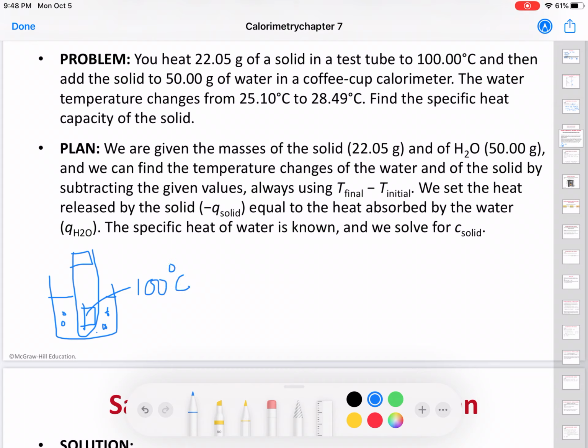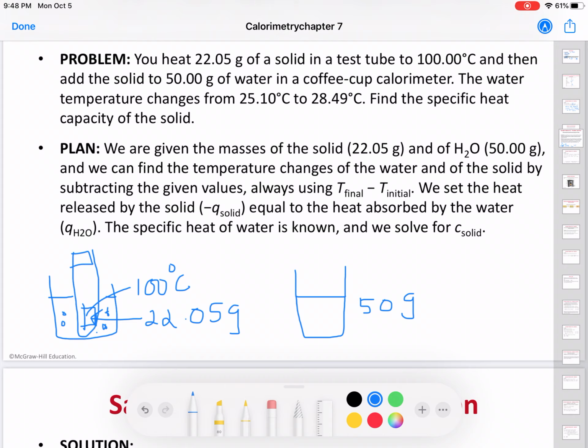And then the mass of that sample is 22.05 grams. You see, that's what it says. You heat 22.05 gram of a solid in a test tube to 100 degrees Celsius. That is going to be the initial temperature of the metal. And then add the solid to 50 gram of water in a coffee cup calorimeter. So you guys saw the coffee cup calorimeter. In the calorimeter, you can have 50 gram of water to begin with, and you add the solid,